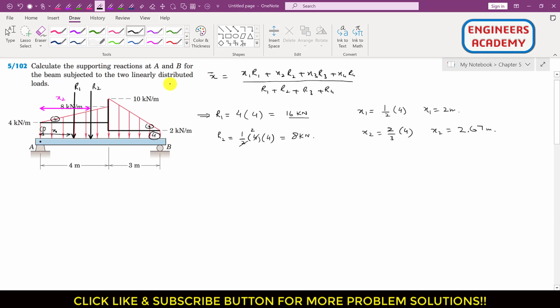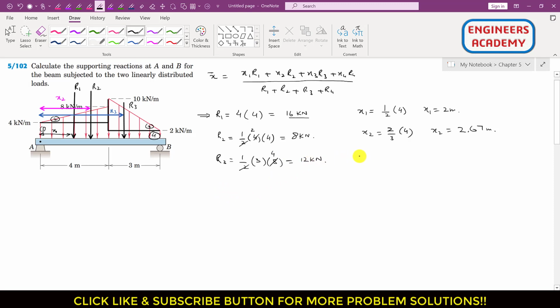Similarly, the resultant of this area 3 is, let's say, located somewhere here. This is R3, and this is the distance of this R3 from that point A, and let's say that this length is x3, right? This blue length is x3. So now first I will find this R3 resultant. So R3 is equal to the area of this triangle, right? So we can add, this is half, and the base is 3, and the height. So this whole height is 10 kilonewton per meter, but we need to have this height, right? So the height of this area 3 will be 10 kilonewton minus 2 kilonewton per meter. So this is 8. So I will multiply this with 8, right? So this is 12 kilonewton. So R3 is 12 kilonewton,